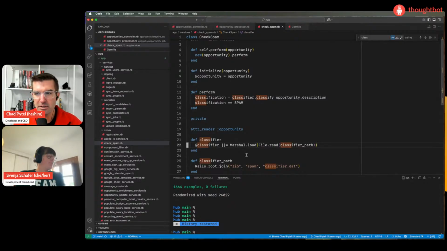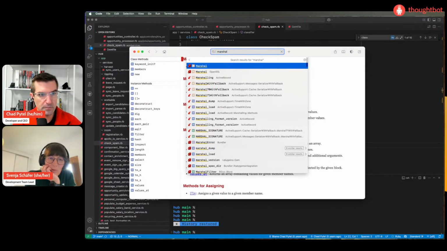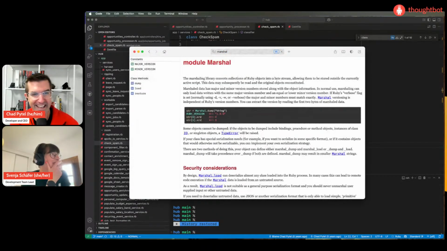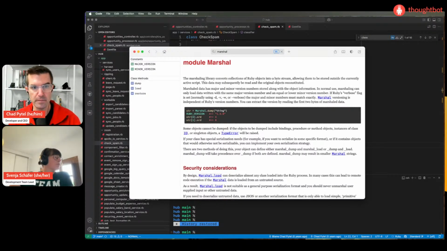Have you ever used Marshal load before? No. It's built into Ruby. Well, not on purpose, at least. Maybe I use it, but no. So Marshal is the original serialization and deserialization built into Ruby. You can basically dump a Ruby object to disk and then reload it, and it will reinstantiate itself.